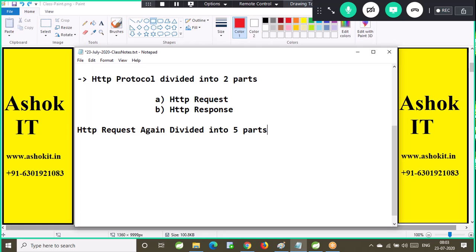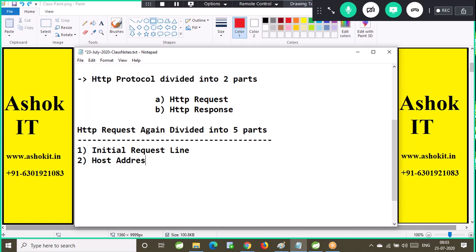First one is the initial request line. Next one, host address. Third one is the header line. Fourth one is a blank line. One blank line will be available in the request. Fifth is the request body.